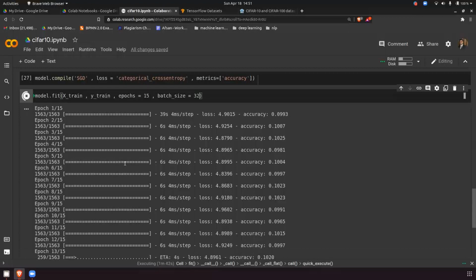Okay, so why? Because we have just taken random values. Now we have to do the hyperparameter tuning. So we'll do this after the training. We will do the hyperparameter tuning. So basically, we have to change the values. That's the only thing we have to do.